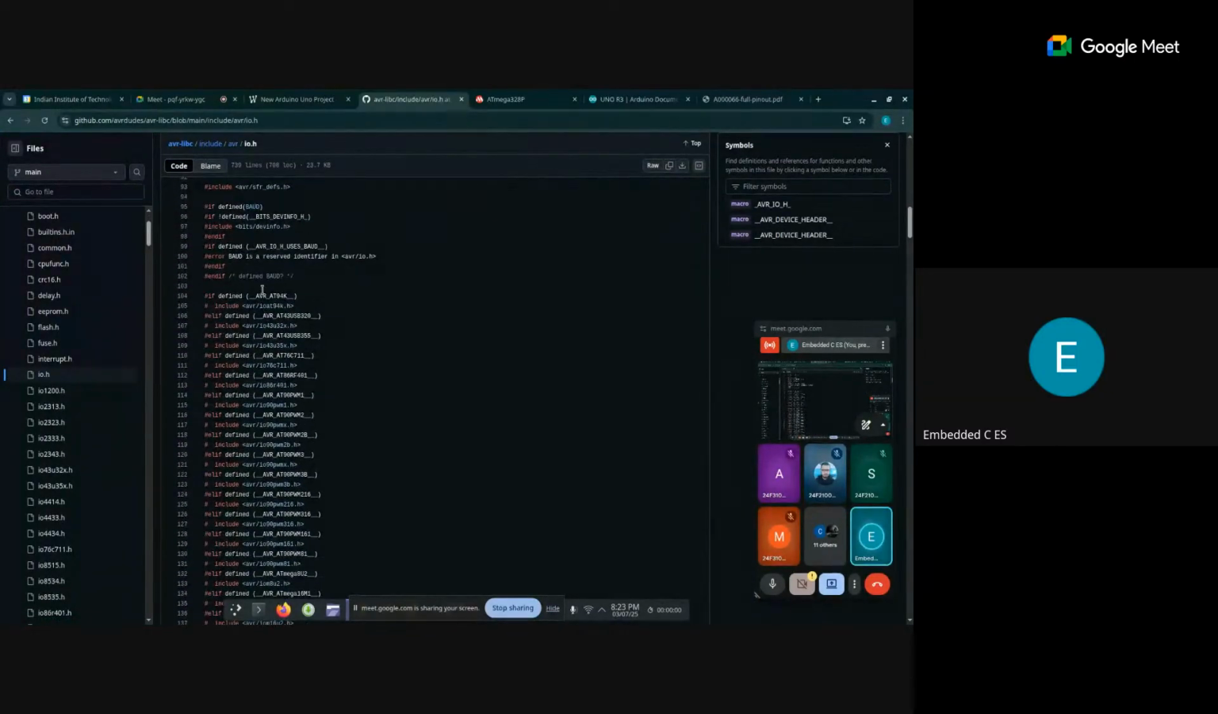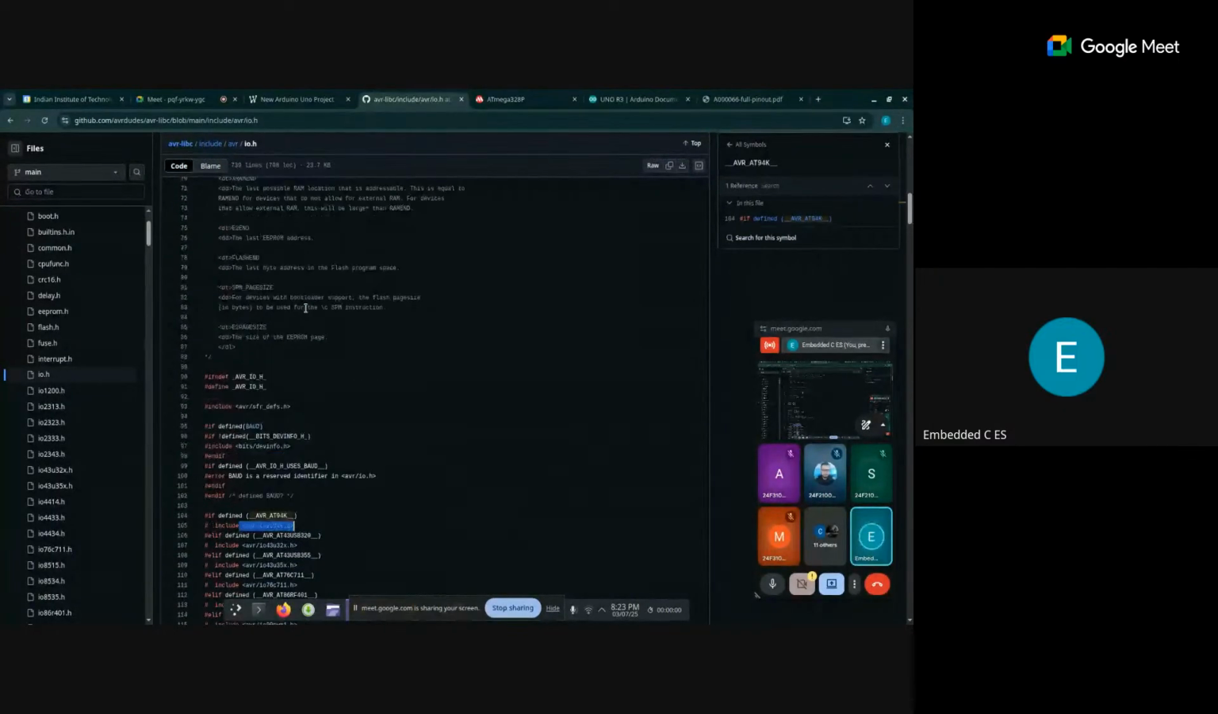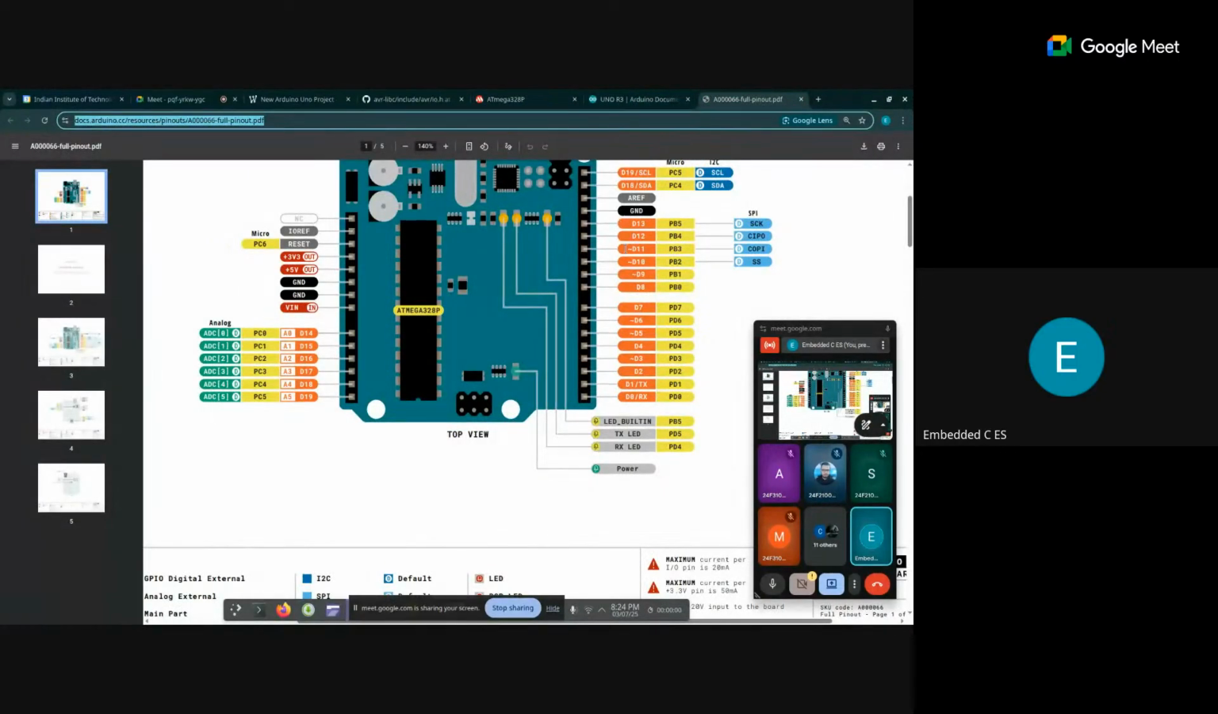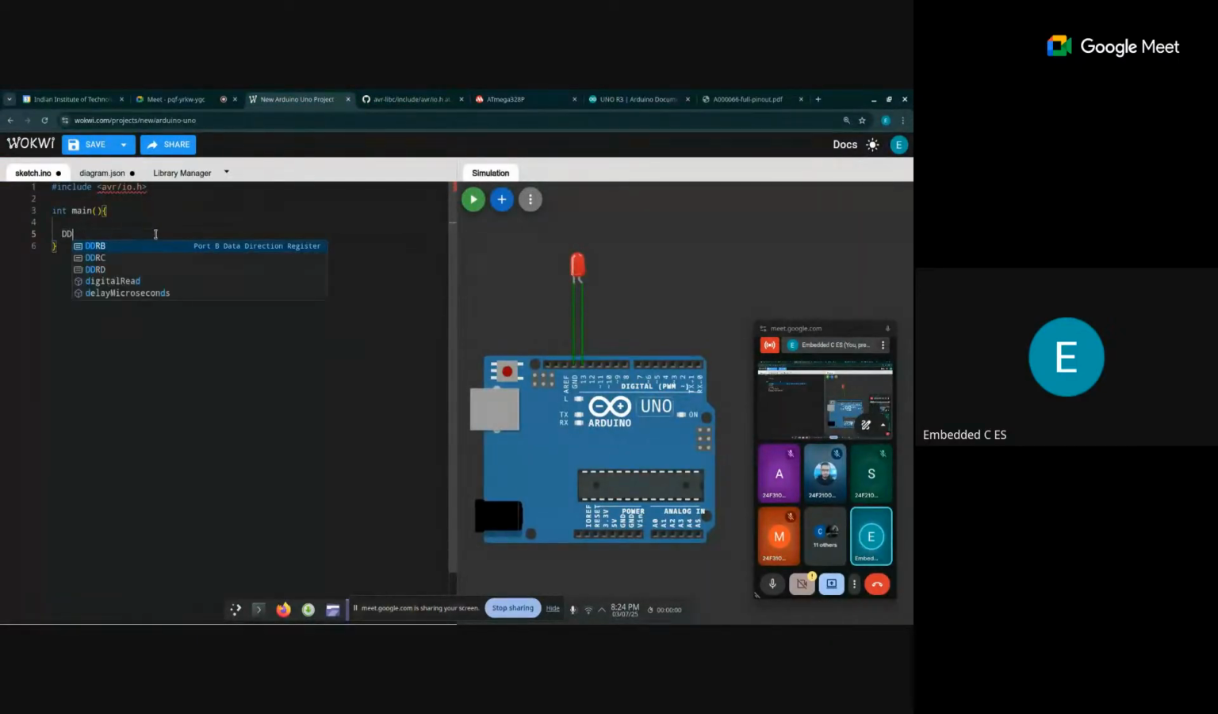Based on the device's name, the particular IO mapping will be included. So we need to include this particular IO mapping for us. And here what we have to include is, first we have to set the data direction. So we choose the B5, PB5. So data direction for